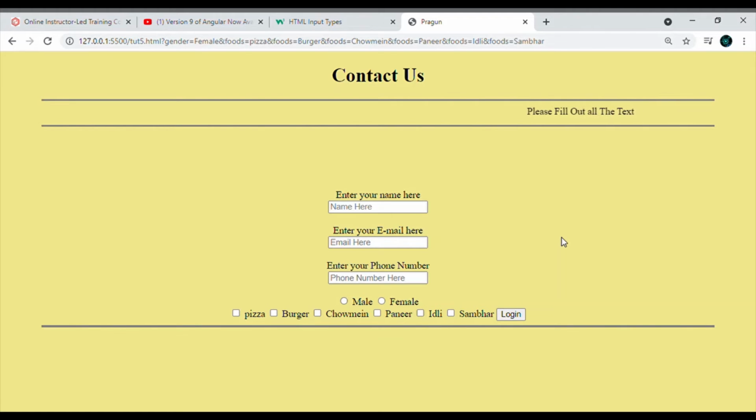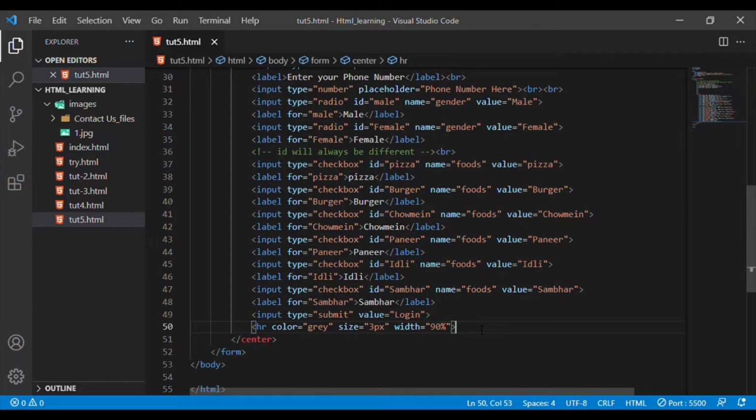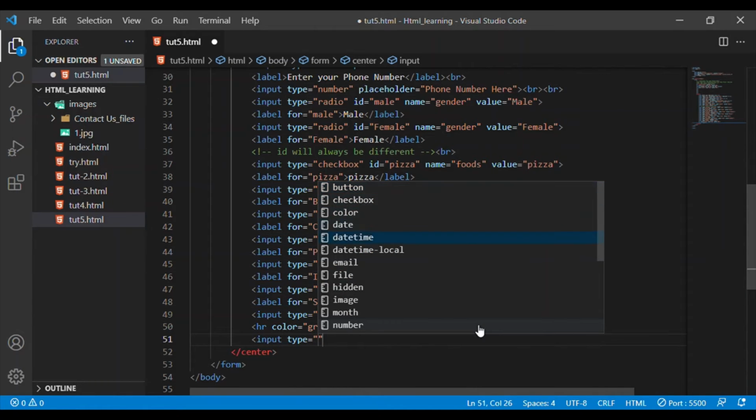Now let me tell you about something new, in which we are going to add a date, input type equals to date, by which if you want to add the age of any person, you could do that easily. So let me get back to my VS Code. We are back on the VS Code screen. Now I am typing input type equals to date,